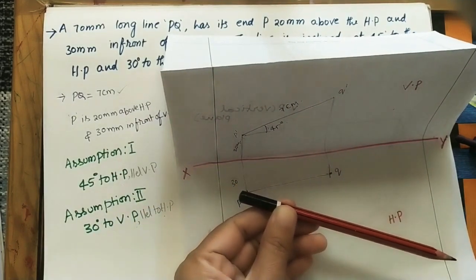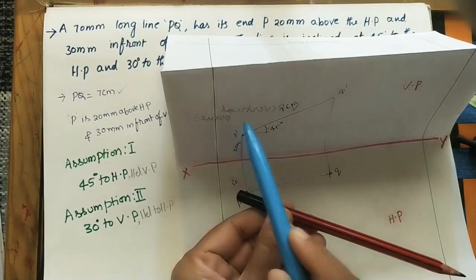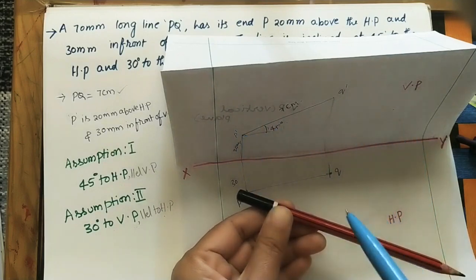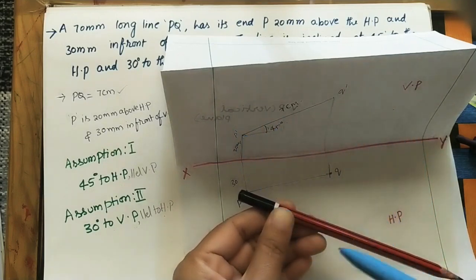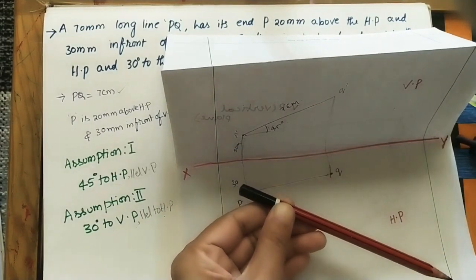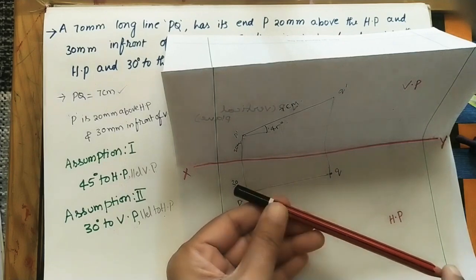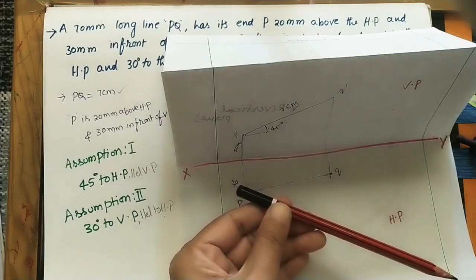For this we have to do the front view and top view. In the front view, this inclined line looks like a horizontal line. In the top view we can see the inclined line. If you see it from the top, we can see the entire length. So where is the true length coming, in the front view or top view? In the top view we can see the entire length. It is called the true length. First do the true length of the line.